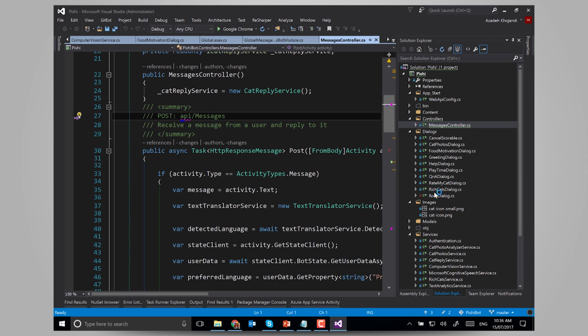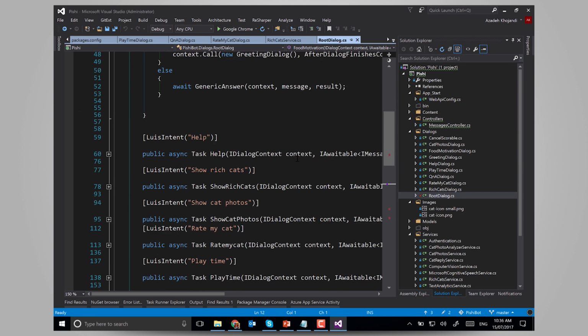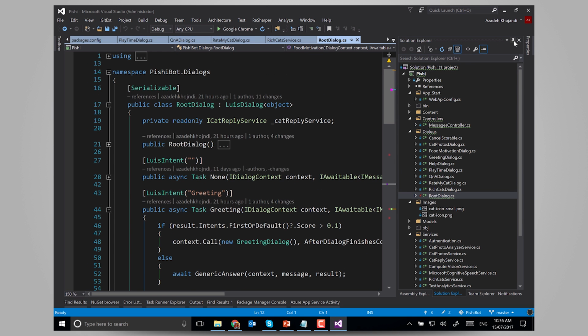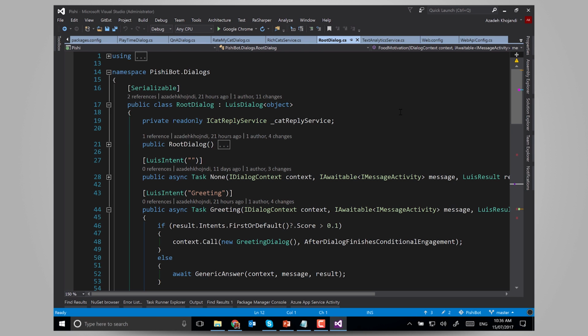Is it a good size? People at the back, can you see it, or do you want me to make it bigger? All right. As I explained earlier, the Bot Builder SDK provides some functionality that you can easily use to integrate your code with LUIS.